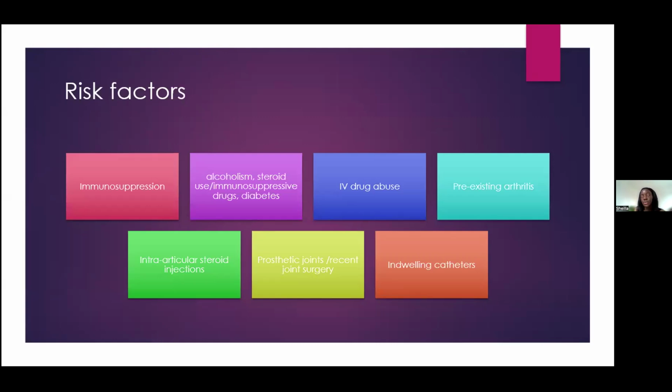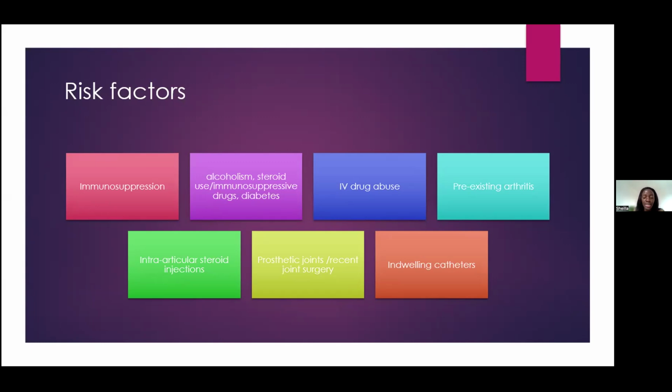So lots of patients in rheumatology tend to take lots of disease-modifying medications and biologic agents, which significantly suppress the immune system. Patients who are alcoholic inherently have a low immunity and they're more prone to getting this sort of arthritis. You also have diabetes, steroid use, IV drug use, pre-existing arthritis in the joint. So the theory goes that if you have a damaged joint, say from osteoarthritis, then because it's altered the structure of the joint, it's more likely for that joint to be attacked by pathogens. So any pre-existing problems in the joint from, say, rheumatoid or osteoarthritis can make that joint more susceptible to getting